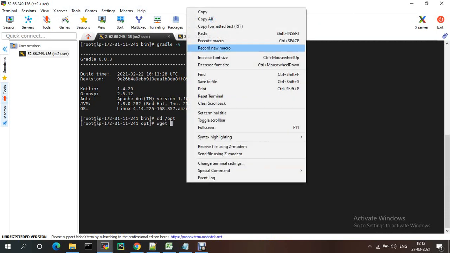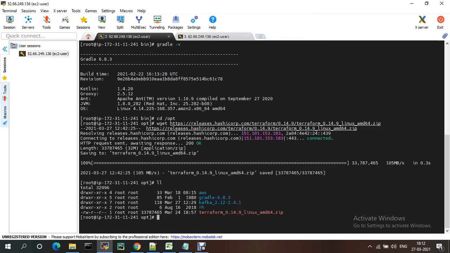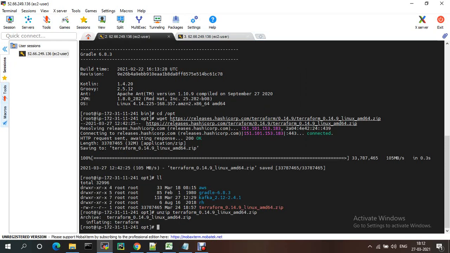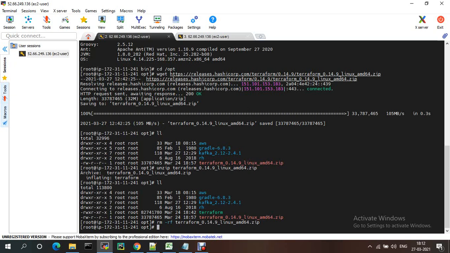I'm just downloading that one. We already installed Java on this machine. This is a zip file, I'm unzipping Terraform. Now I'm removing this zip file. I'm moving Terraform into user bin.